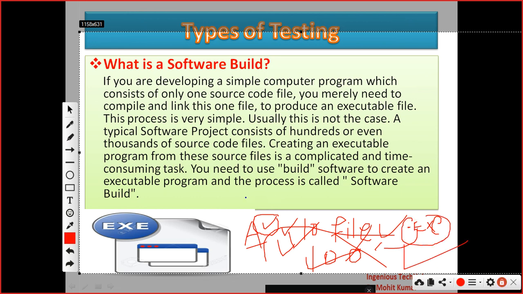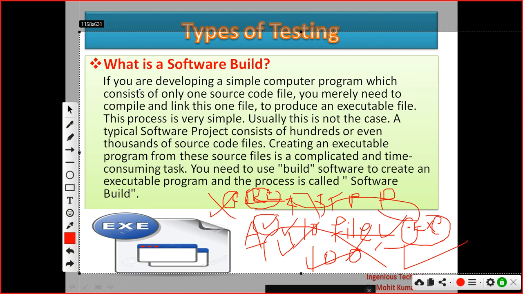If you remember, in Java we have a compiler, JRE and JVM. Compiler will compile the software and JRE only executes the software. In JDK all these things are there, but only JRE is installed in the testing environment and production environment, because here we are executing the application, we are not compiling it. So this exe file is deployed in the testing environment and production environment. That is called software build.